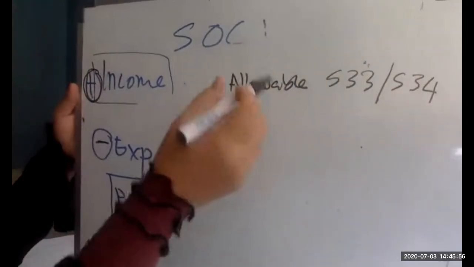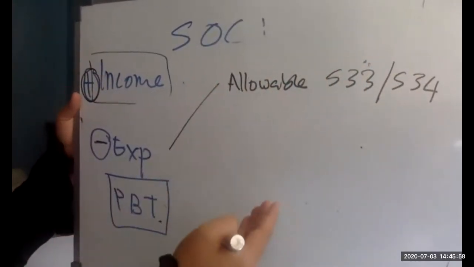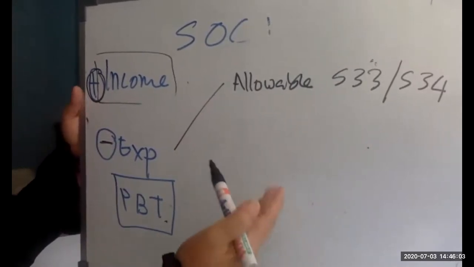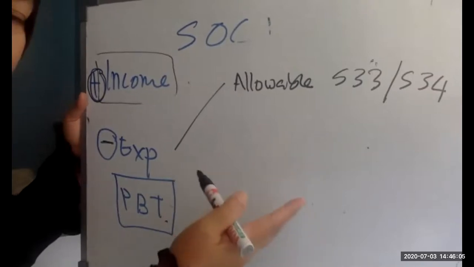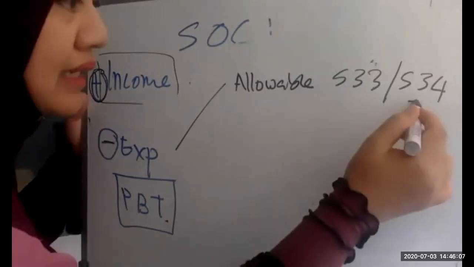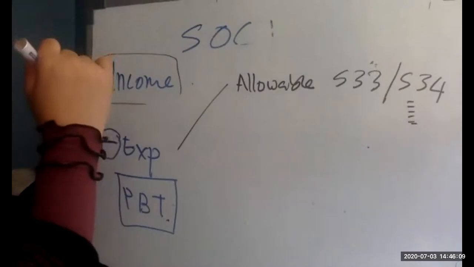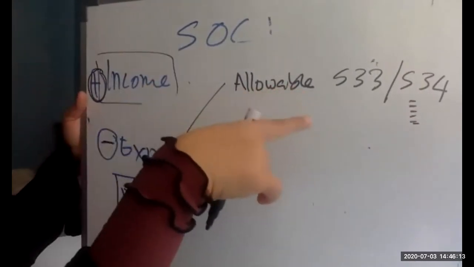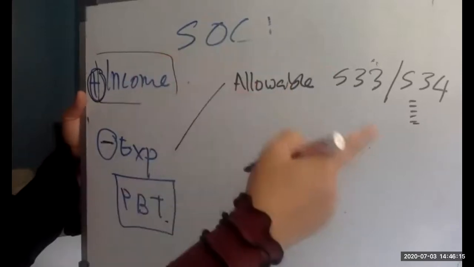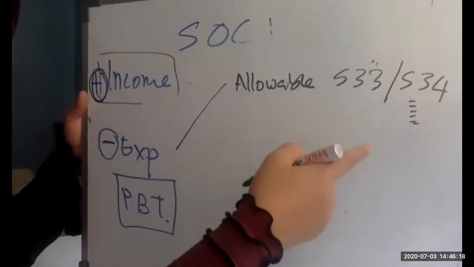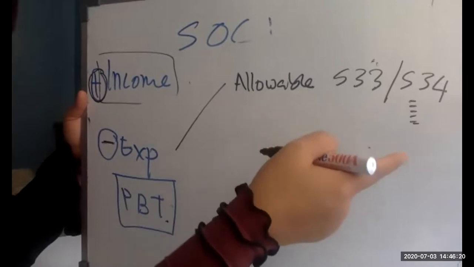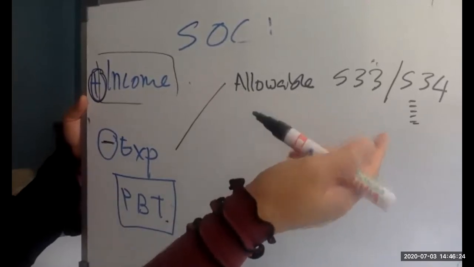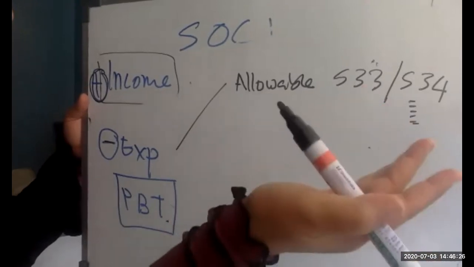All right, section 33 means expenses incurred wholly, exclusively, expenses or outgoings, in the production of the income, right? Section 34 means they give you a list of expenses that you must know. You must make the list of section 34 items so that when you come across any of that kind of expense, you know it is allowable under section 34. If I ask why it is allowable, it's because section 34 says so. You don't have to argue on that.